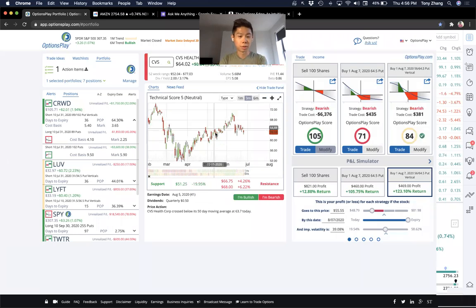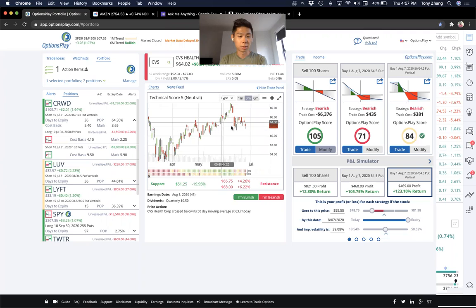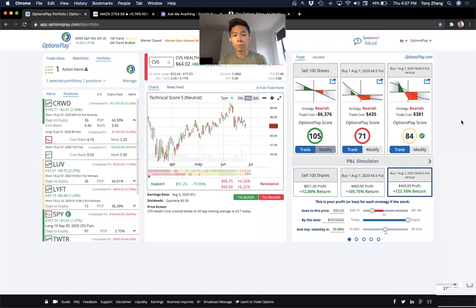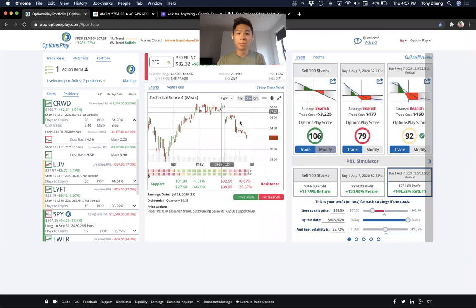Someone asked me about CVS, and I just think this stock is so neutral at the moment. I simply don't have a view on it. It is underperforming the market. It's underperforming the sector. It is not the type of name that I like to play when something's underperforming both the market and the sector. But at the same time, I'm not bearish on it. I don't think it's time to go short CVS. So I don't particularly have a strong view here, especially for a buy, just because of the poor relative strength here. Pfizer has been predominantly very weak here, and it continues to be weak.